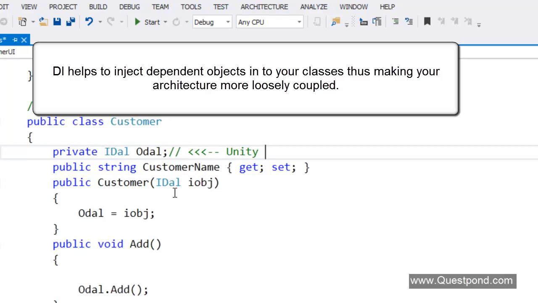So again, I'm repeating, dependency injection is nothing but a technique by which we can inject dependent objects of a class, and by doing so, we are able to achieve a decoupled architecture, right? So in other words, when you say decoupled architecture, when you make a change at one place, you don't have to go and change all over the places. So for example, in this case, if I add a new data access layer now, I don't have to make any code changes on my UI, right?